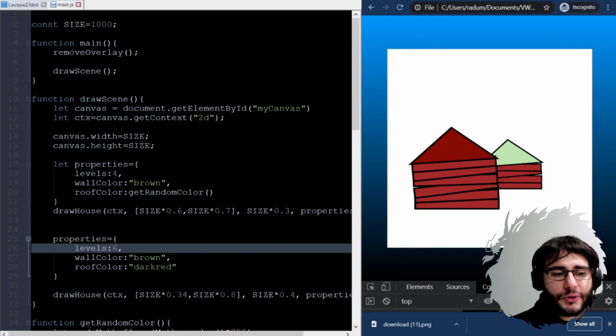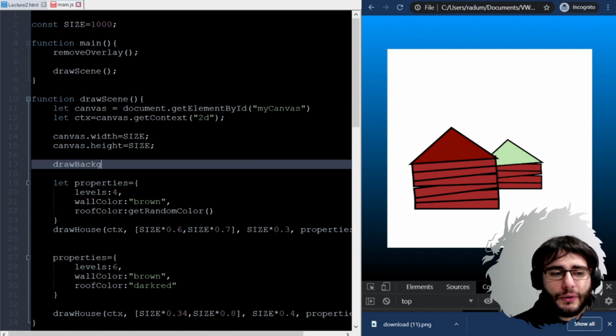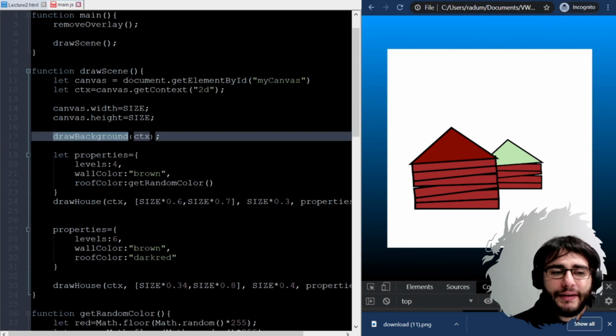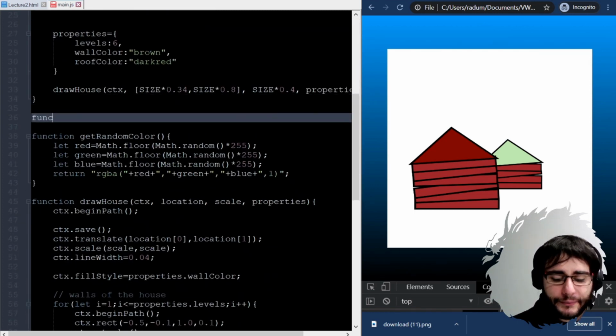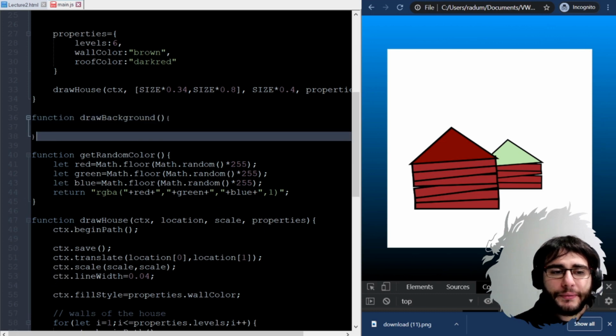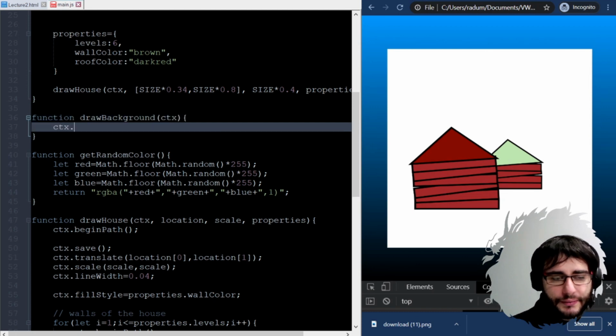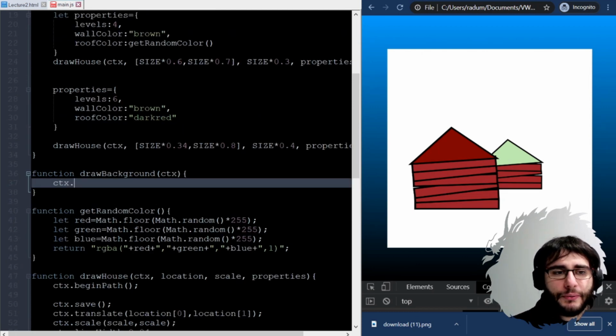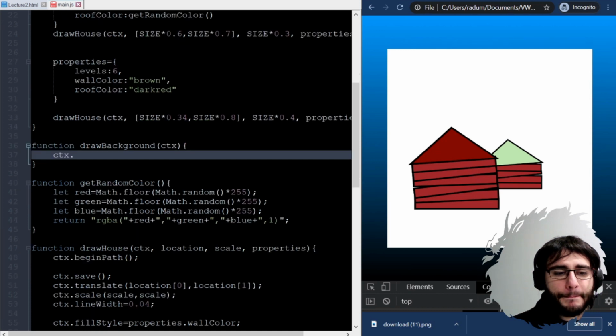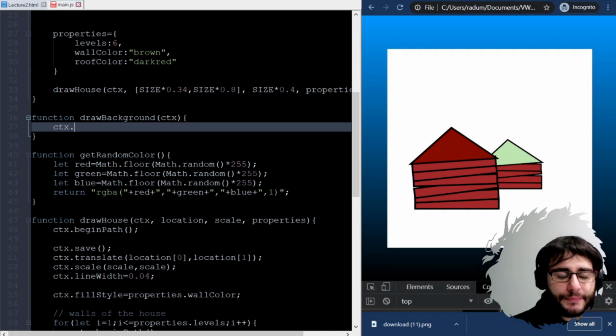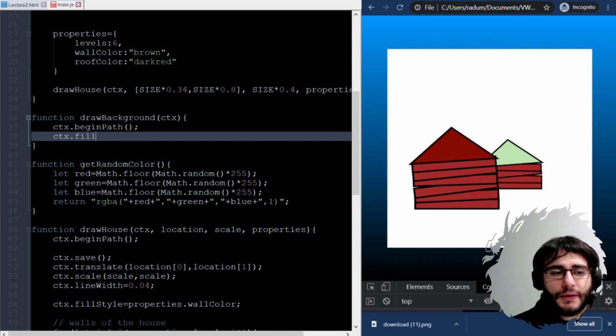So here I'm drawing the houses. Maybe I want to draw background on the context, and I don't need to specify anything else. This is going to be a new function that we are building now. Draw background on the context. And pretty similar as before, you could, for example, use the rect function. So begin path, fill style, green,